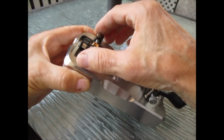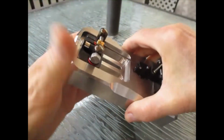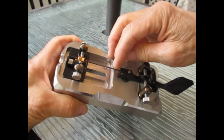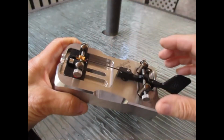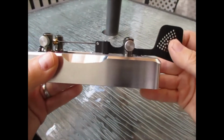This is a movable carriage. This thumb screw loosens, and you can move the carriage down closer toward in this direction, and that gives you a harder feel. Up here, it's the softest feel. That's where I prefer my cootie. Nice aluminum arm,